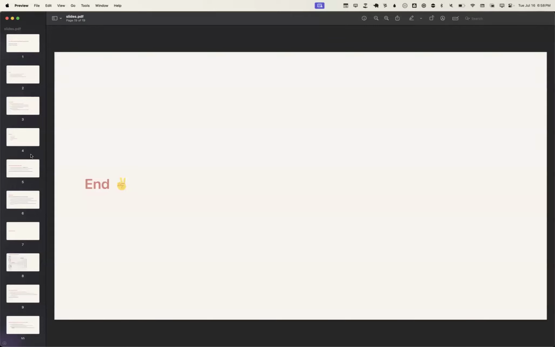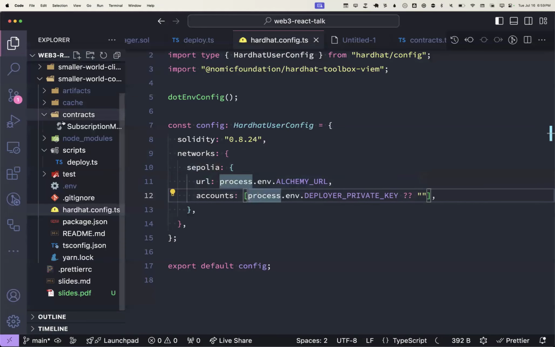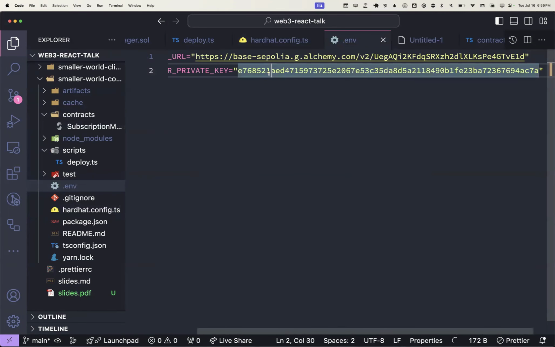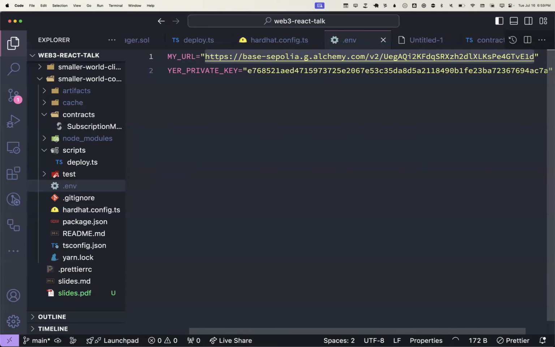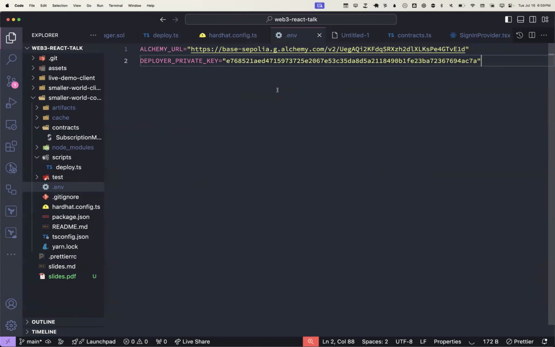When you go to deploy this actually on Ethereum, it's going to cost a little money. Roughly, what are the dollar figures? It depends on the network. Like I mentioned, the way it's set up right now, which I thought I wouldn't show, but whatever, this private key is an account that I've never used. This is going to go to Base Sepolia. So my Alchemy URL is specifically the Base testnet network,